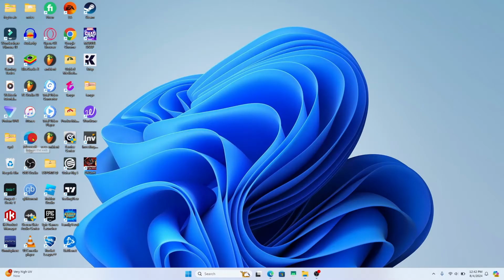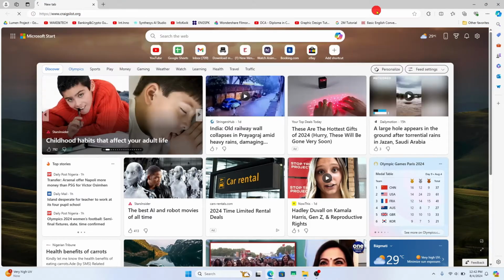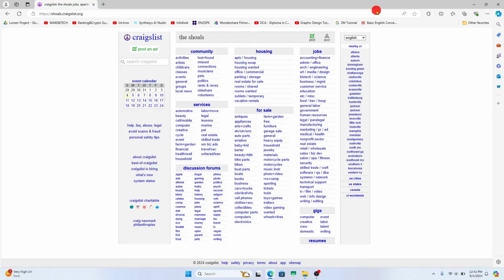First of all, open up your web browser and then in the address bar, type in craigslist.com and press enter. You will now be taken into the official Craigslist website. Now if you haven't logged into your account already, click on the account icon at the top right corner and proceed forward with logging in. After logging in, you will end up within the homepage, from which you can browse through various different ads and